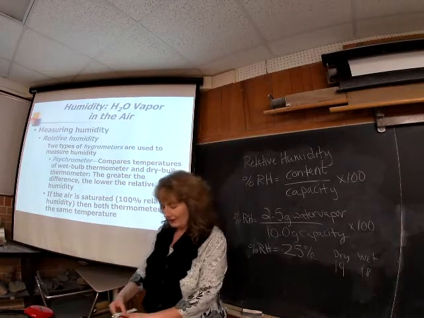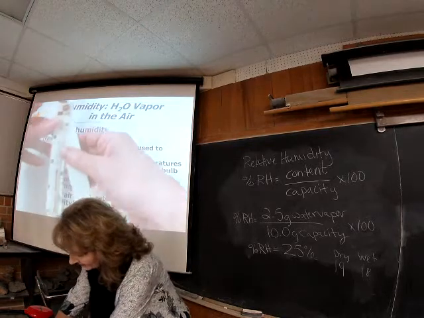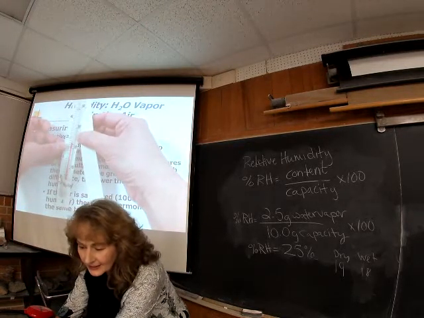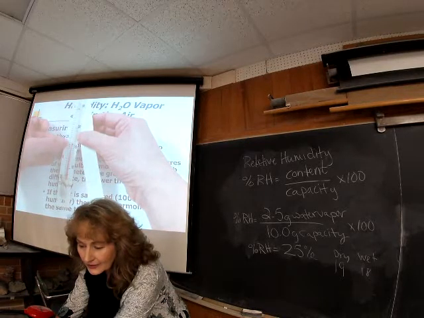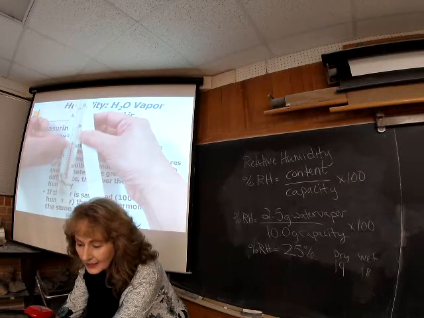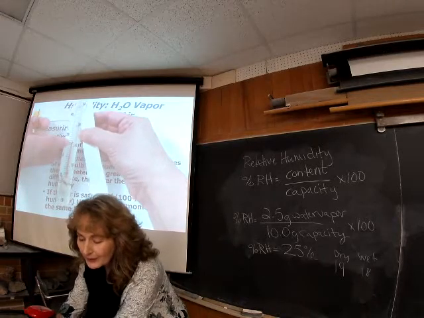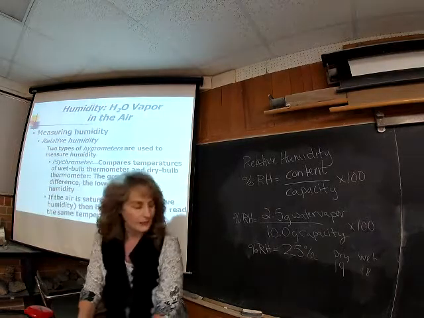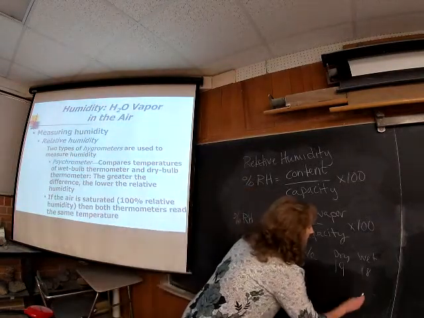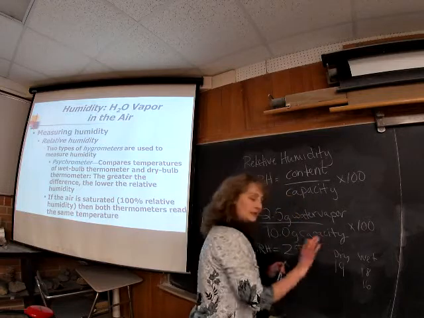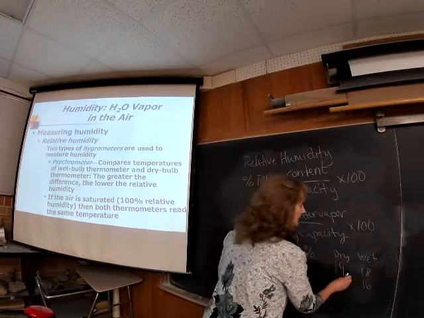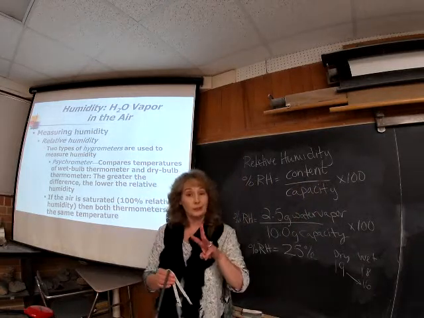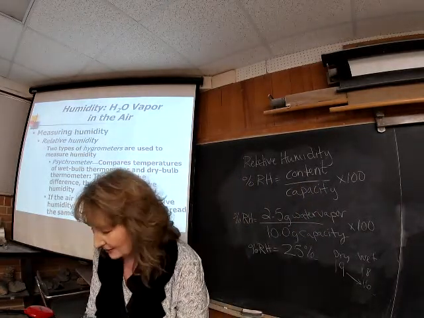Okay, so my wet bulb, let's see if we can read that. Let's see, there's 16. That's about 16 for my wet bulb. Dry bulb stayed at 19, so my wet bulb actually went down to 16, so it did cool just a little bit. So we went from 19 down to 16, so really that's a 3 degree change.